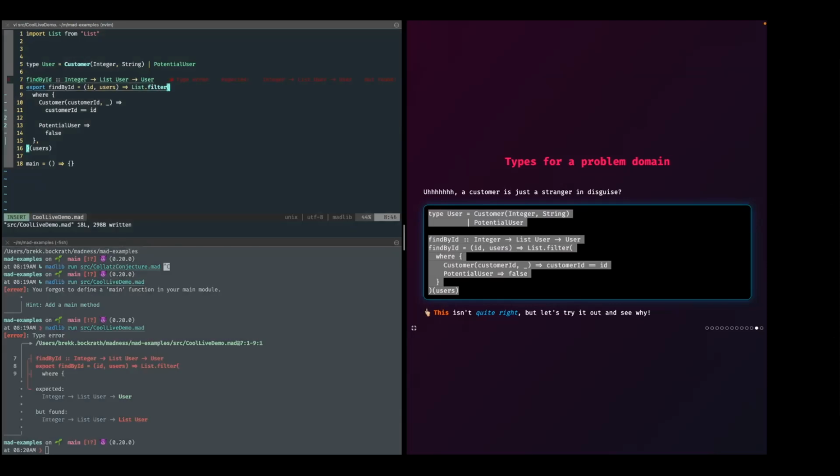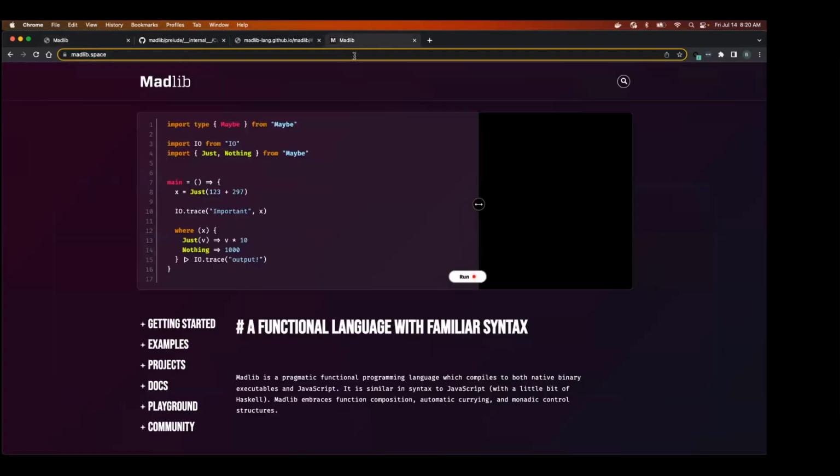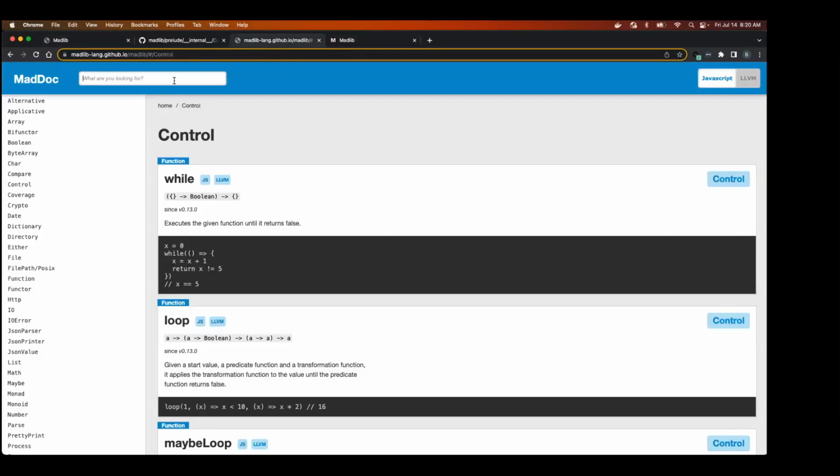What I wrote originally was find by ID, but we're using filter. And so find, and again, coolly, we can see if this works.